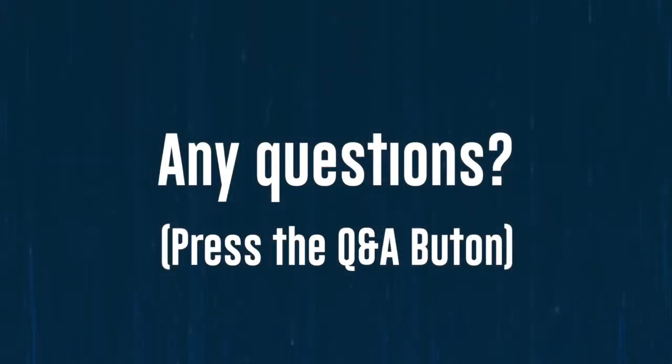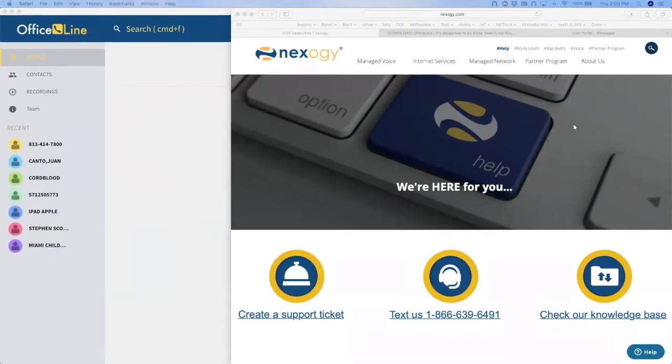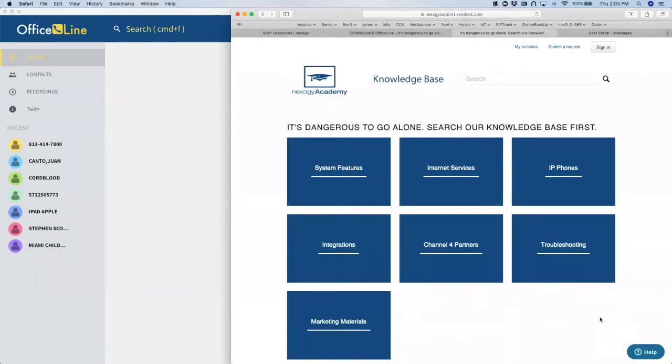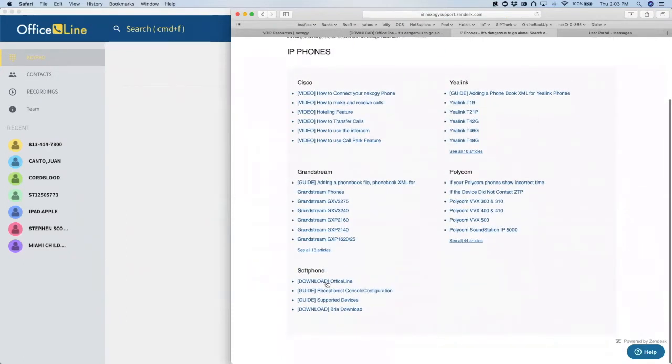So without further ado, I'll share my screen here real quick, and I'm going to show you how to get Office Line in the first place. Where do I find Office Line? Very simple. Simply go to TECHIE.com, click on the upper menu, click on Help. Quickly go to the knowledge base, search for IP phones, scroll down, go to soft phone, and click on download